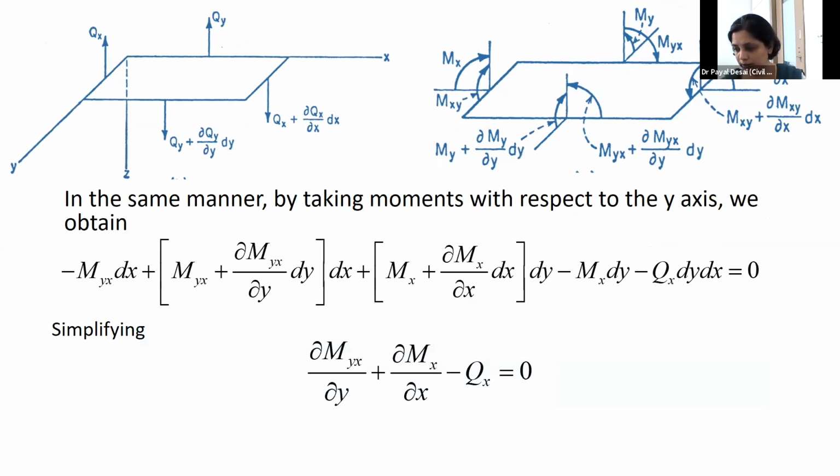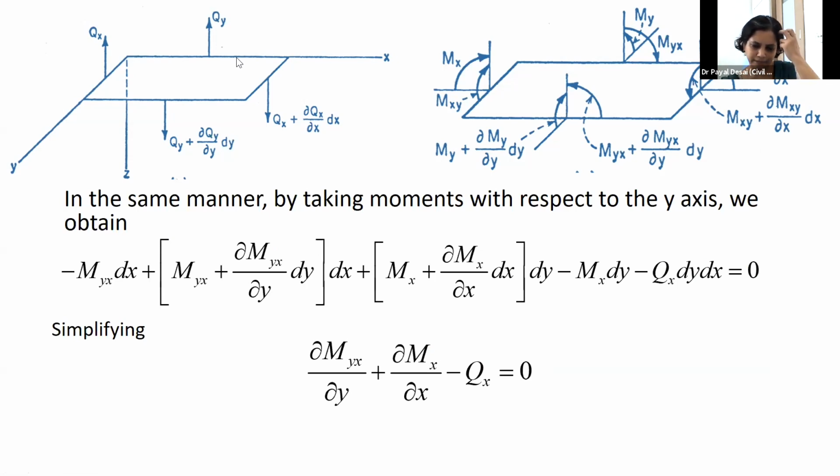Now similarly, I think you may imagine the moments about the y-axis. All the forces, that is qx, will produce a moment about the y-axis. Also the mx will produce a moment about the y-axis, and myx. So you imagine this surface of the plate as a free body diagram. These are simple equilibrium equations. There is nothing great. The only thing is we have considered the variation. That is, if on one side it is mx, on the other side it is the variation of that mx with respect to the length where it is changing its quantity. So the third equilibrium equation we are getting.